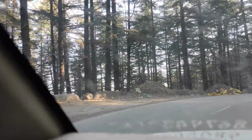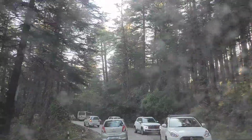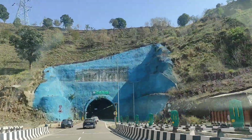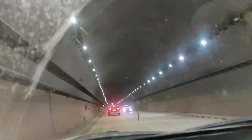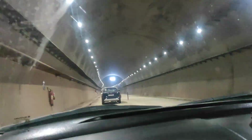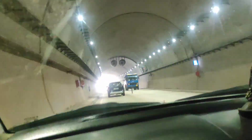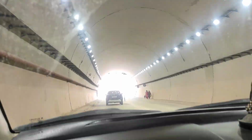So after taking breakfast and a bath, we started our journey early in the morning, around 8:30 a.m., because it will take more than 9 hours to reach. After reaching the highway, nowadays there are so many tunnels over the national highway, and thanks to the National Highway Authority of India for making our journey smooth. Previously there were many turning paths and it took almost 12 hours to reach Manali from Shimla. But nowadays it takes around 7 hours because there are so many tunnels,